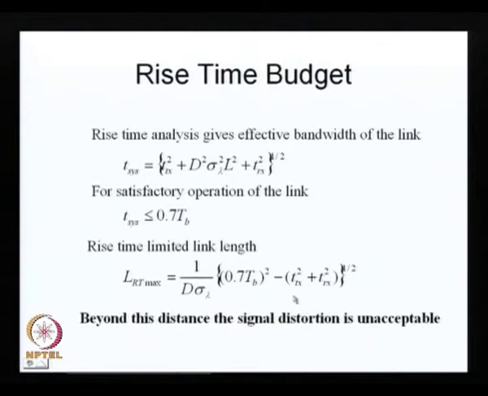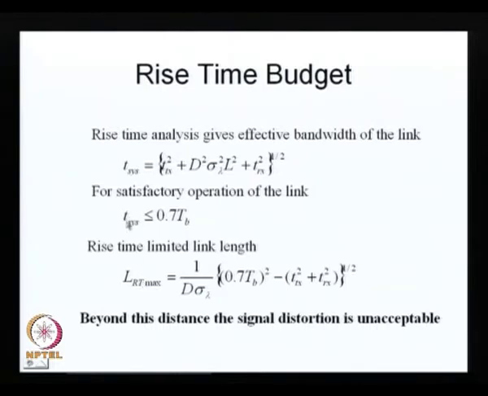Now, in this also generally the transmitter rise time is much smaller compared to the receiver rise time. The receivers essentially have a bandwidth which is much narrower compared to the transmitter, especially if you are using the DFB lasers and that kind of thing. So, normally this is the quantity which is very small compared to the receiver rise time. Nevertheless, once you have these quantities now with us, then we can calculate what is the maximum possible length